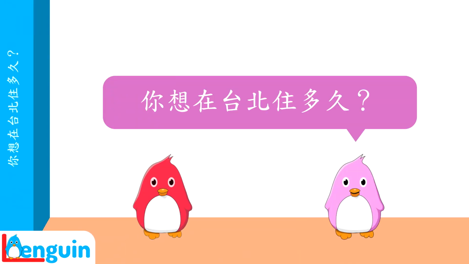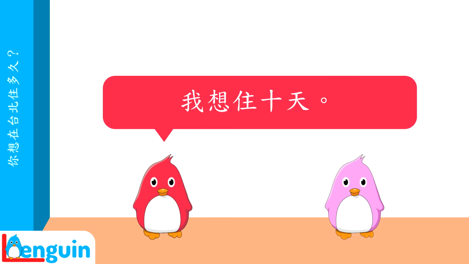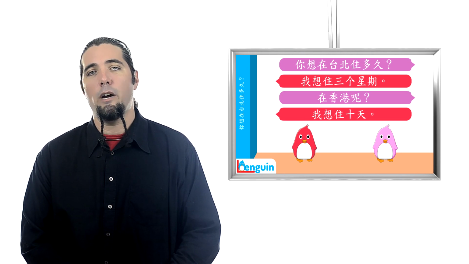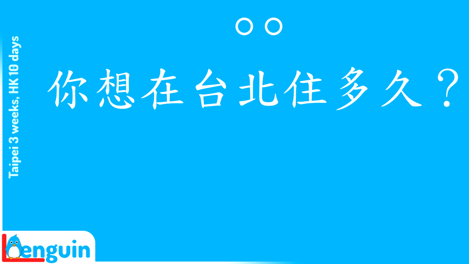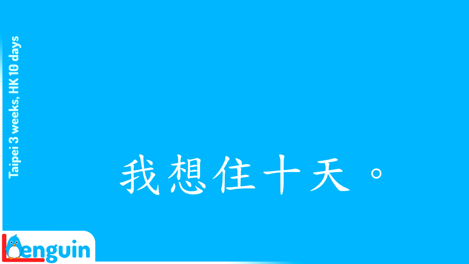Here's a piece of a conversation. Listen. 你想在台北住多久？ 我想住3个星期。 在香港呢？ 我想住10天。 Now you try it. You're being asked some questions about a trip of yours. You're thinking of staying 3 weeks in Taipei and 10 days in Hong Kong. 你想在台北住多久？ 我想住3个星期。 在香港呢？ 我想住10天。